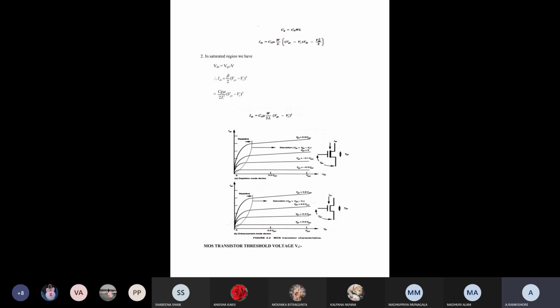So those are the electrical properties of MOS transistors when the MOS device is operated under saturation and non-saturation regions. These are the symbols of the enhancement MOS transistor and